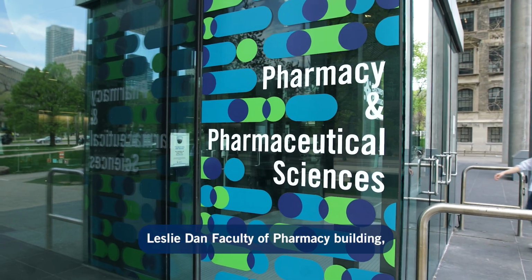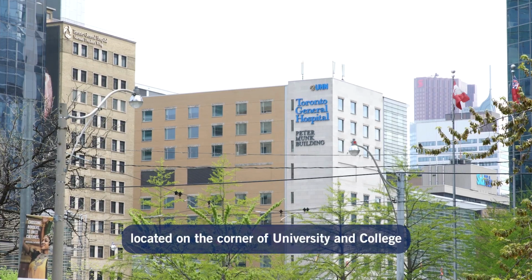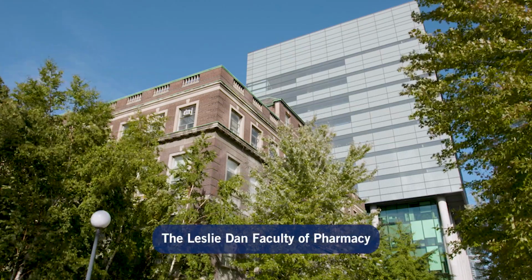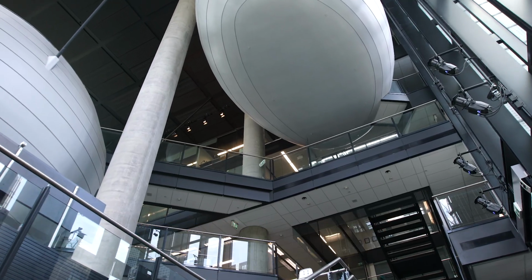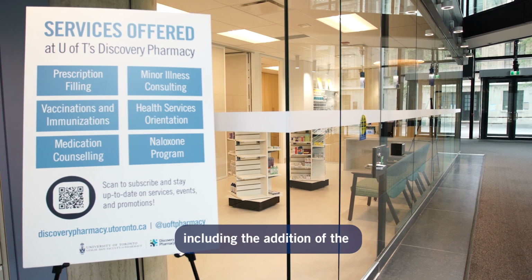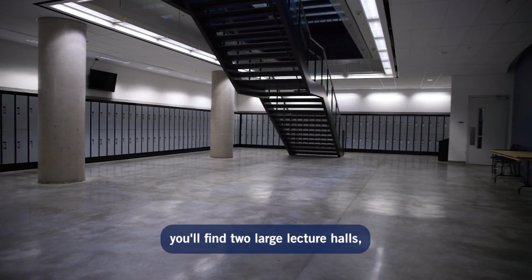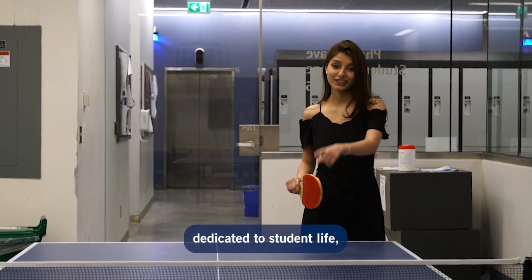Welcome to the Leslie Dan Faculty of Pharmacy building, located on the corner of University and College in the heart of Toronto's Discovery District. Designed by renowned architect Norman Foster, the Leslie Dan Faculty of Pharmacy opened its doors to students in 2009. Since then, it has undergone numerous upgrades, including the addition of the Discovery Pharmacy, U of T's dedicated pharmacy. Below the atrium, you'll find two large lecture halls, student lockers, and spaces dedicated to student life, such